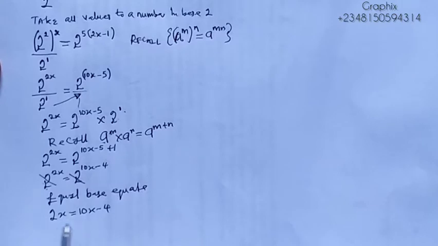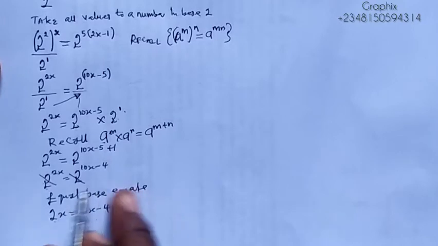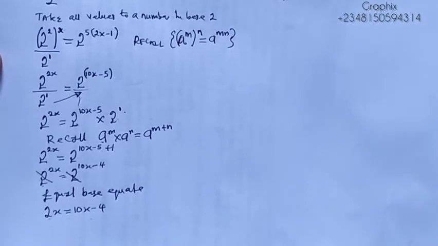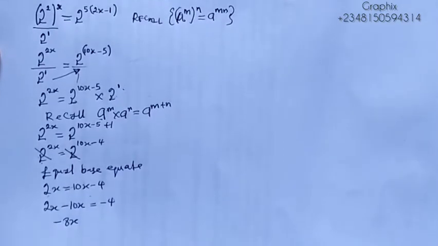Now the next thing you do here is collect like terms. The values that are the same, you bring them together. That's what I mean by collecting like terms. So I'll bring the 10x to this side. 10x has a positive in front of it, so when it's coming, it becomes negative 10x, and we're left with minus 4 here. So 2x minus 10x gives minus 8x. We'll have minus 8x